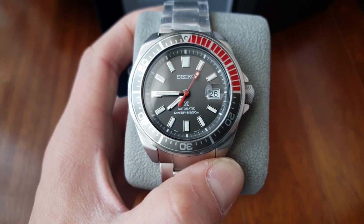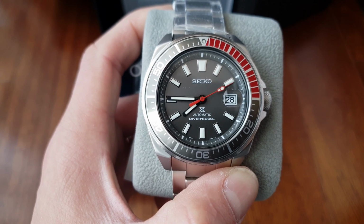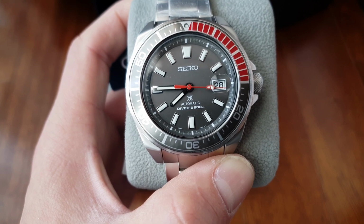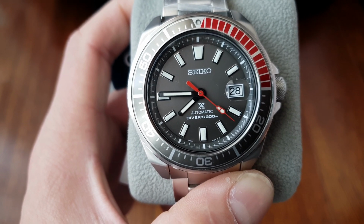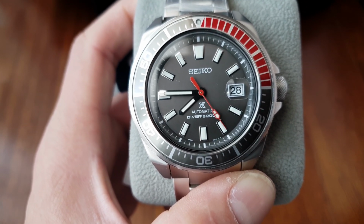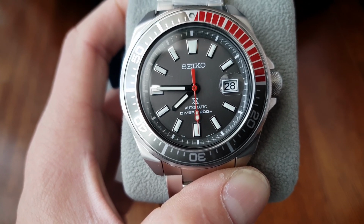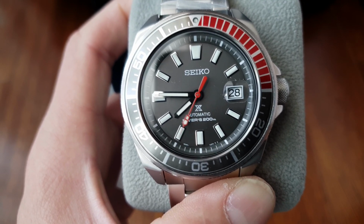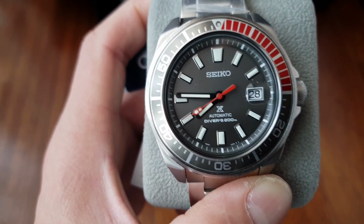I have been interested in getting a Seiko Samurai, but have been trying to justify getting another Seiko watch, until I came across this model on Instagram. This in particular is basically the Samurai Zimbe 9. There are a couple of different types of Zimbe. I'm not a watch expert, nor am I a Seiko expert. As far as I know, Zimbe versions from Seiko are made for